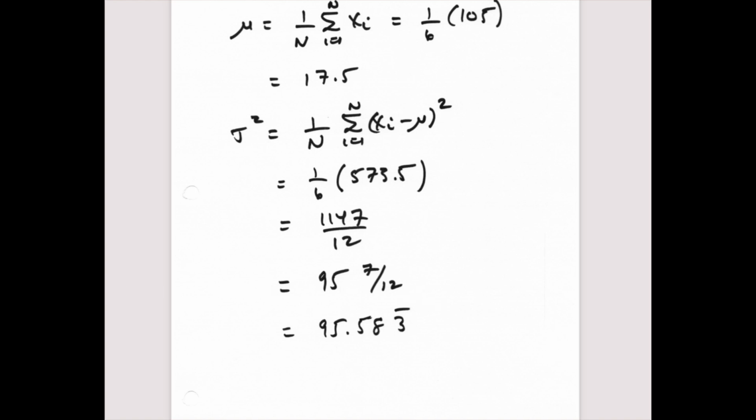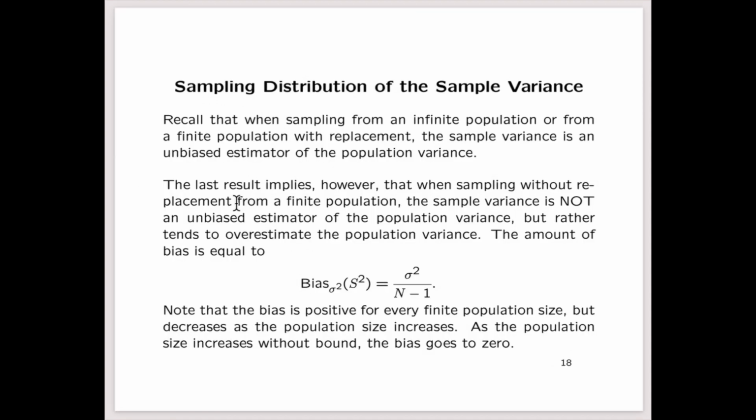All right, so we see that the mean of the sampling distribution of the sample variance is larger than the variance of the population. And so that's what we're saying here. In this particular example, the sample variance is not unbiased as an estimator of the population variance, but it's larger than the population variance. And in general, under simple random sampling, the sample variance will tend to overestimate